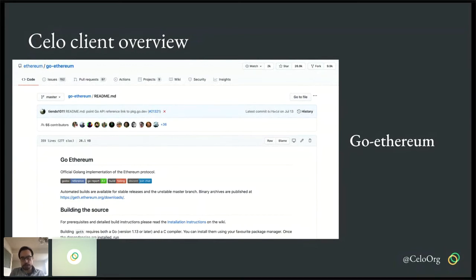Now, within Ethereum, there are two main clients. There's go-ethereum, which is commonly referred to as Geth. And then there was, at the time, Parity's client. So Geth did actually have better light client support.